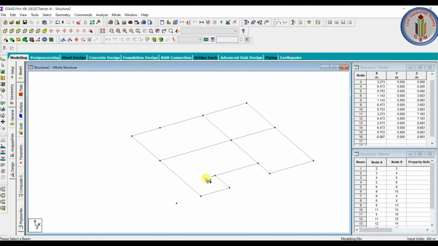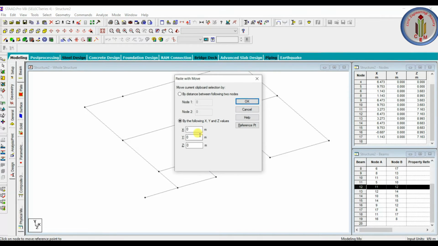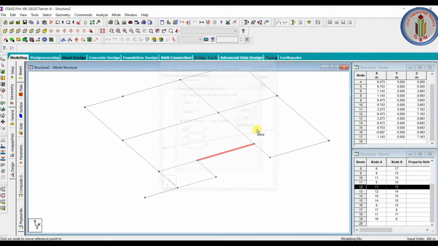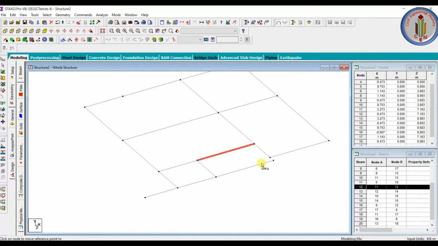Go to T-beam and then here we can add. So here we need to provide 1 feet projection. So let's copy this one and paste. Control C, Control V. So here you can select reference point, click this point, OK, and then click here so that beam will copy here.